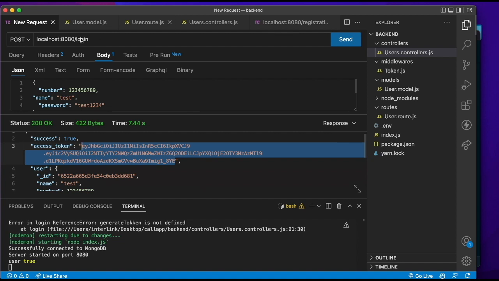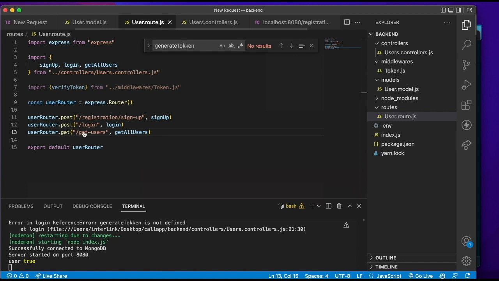So now let's try our final API, which was get-users, I believe. But let's just make sure that it is correct. So let's go to our user route. And okay, yeah, so it's get users. Hopefully there are no spelling mistakes this time. Now to test this,